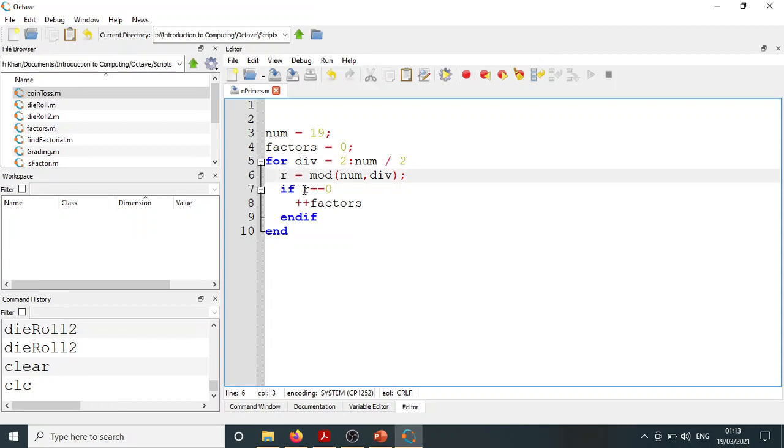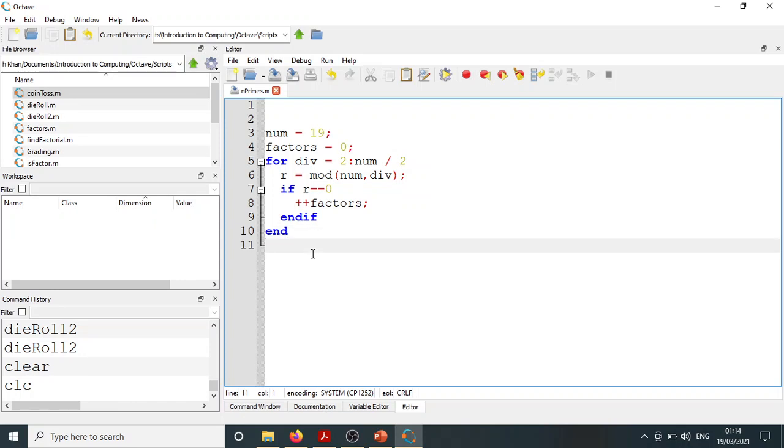अगर रिमाइंडर हमें एक भी मर्तबा ज़ीरो मिल जाता है, दैट मीन्स के नम को कोई एक नंबर डिवाइड करता है बिटवीन 2 एंड इट्स हाफ. ठीक है, तो हम ये फैक्टर्स को इंक्रीमेंट कर लेते हैं। अच्छा, इसको इंक्रीमेंट कर दिया। इसके बाद हमें नम को मज़ीद और नंबर से डिवाइड करने की ज़रूरत नहीं है। ठीक है, या इस डिस्कशन को रहने देते हैं। लेट अस डू दैट के वी फाइंड आउट कि नम को कितने नंबर्स डिवाइड करते हैं विद इन दिस रेंज 2 टू नम बाय हाफ। ठीक है, अच्छा, तो ये लूप जो है वो ये काम करती है।